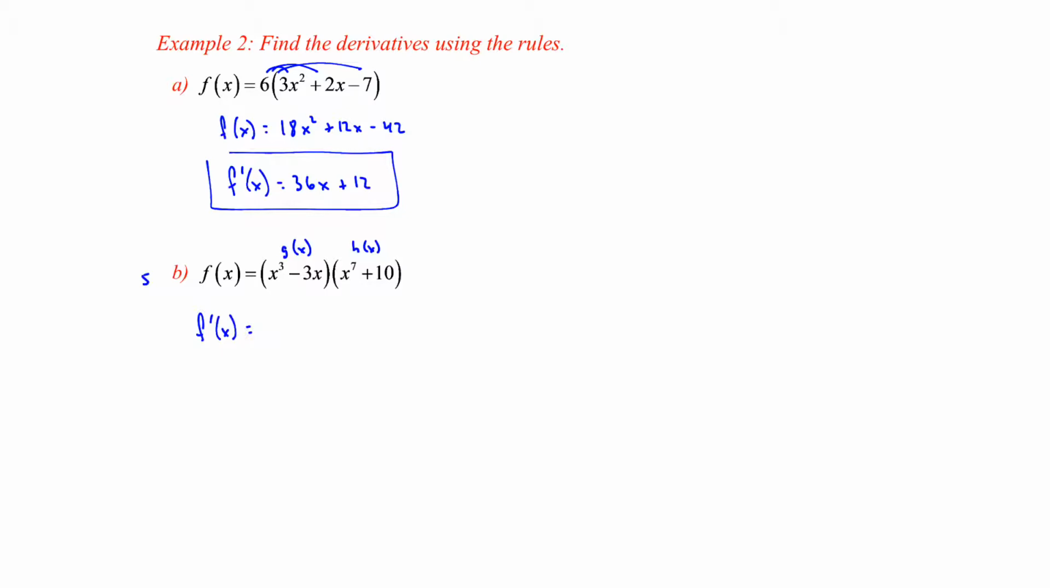So the derivative of the first would be 3x to the second minus, and then this one, 1 times 3 is 3, x to the 0. So this is g prime of x times h of x. Okay, so this is h of x plus,